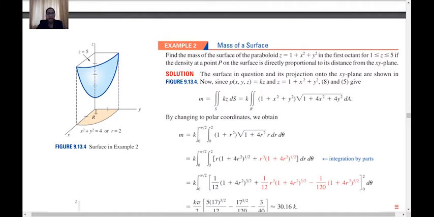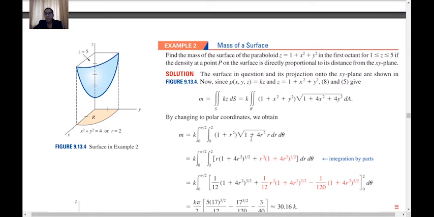So the angle is clearly varying from 0 to pi by 2, right? So the limiting value can be evaluated easily, it is simple to do in polar coordinates. So we shall convert this into polar coordinates, and correspondingly we will get the mass to be equal to k into integral 0 to pi by 2, integral 0 to 2, 1 plus r square into root